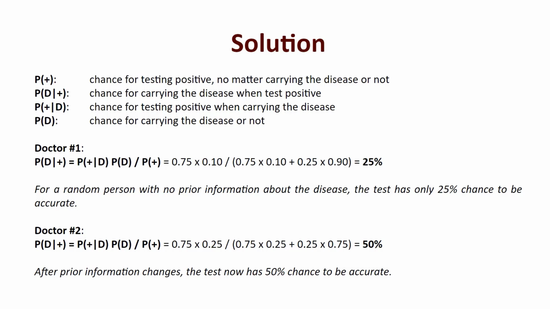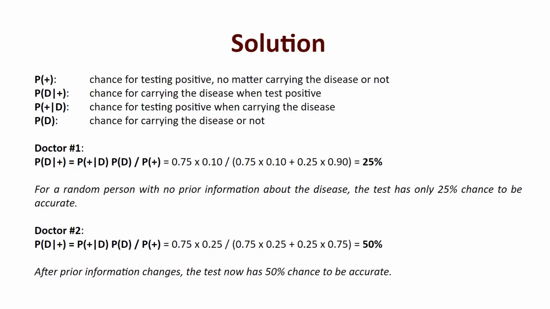Consider you have no information, you didn't do any test. You only know that it's possible for anyone to carry the disease with only a 10% chance. That's 10% for the general population. Then no matter how many doctors you go to, you're still getting the same result because you only have 10%. But after you finish testing with the first doctor, your chance is not 10% anymore. It's 25%. The main reason is you already have some prior knowledge compared to a random person. So you need to update your P(D). Instead of using 10%, you should use 25%, because you already know what's going on and you have better knowledge.